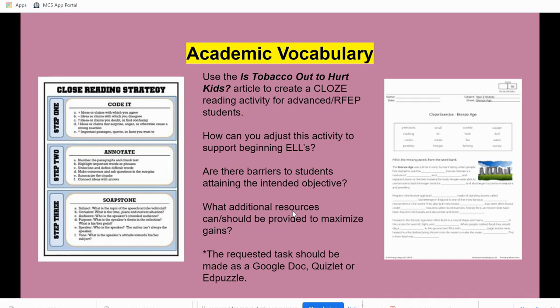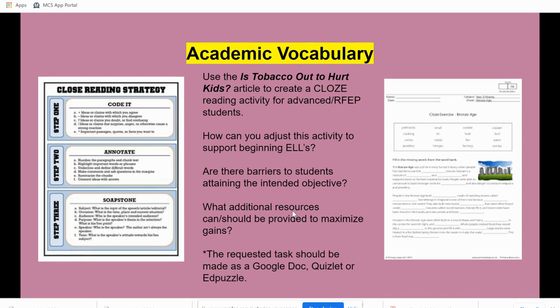Now, you're going to ask, why didn't you ask me to create one for our newcomers, for our level ones, twos, or threes, or even fours? Well, I'm wanting you to do in between your 3s, 4s and your RFEPs. The purpose of this is because we know that mostly our RFEPs, they are reclassified, and then their support they lose. We believe, okay, so they have it, and then they are struggling. They don't get that same support as they were getting prior to being reclassified. What we want to make sure is that they stay in that position and do not decrease in their ability to understand the English language.